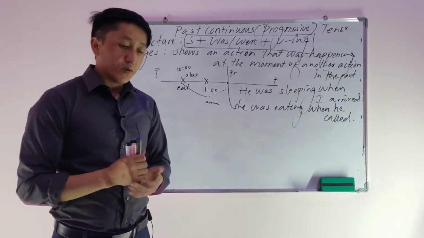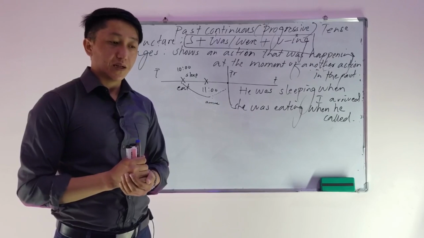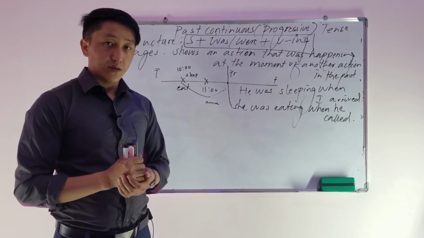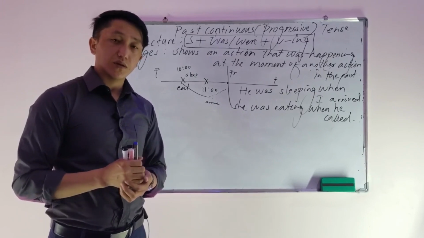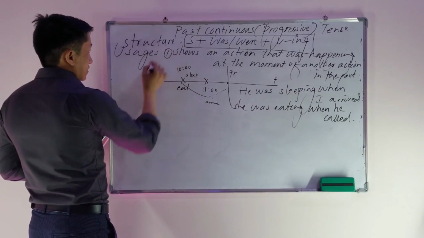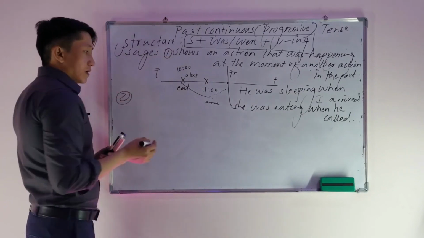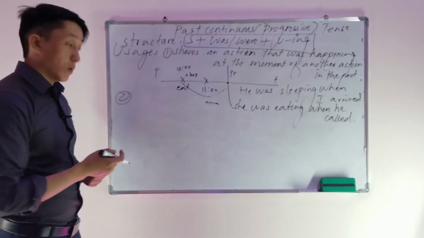So let's say again, when do we use past continuous tense? Past continuous tense is used to talk about an action that was happening at the moment of another action in the past, or it was in progress at the moment of another action. Now that is the first definition. The second definition: past continuous tense is also used with